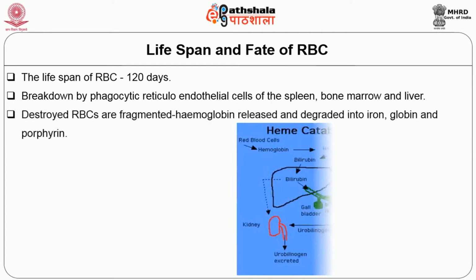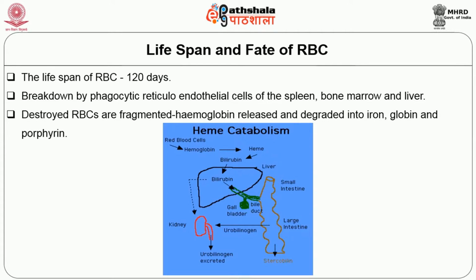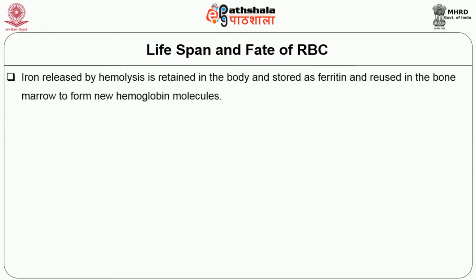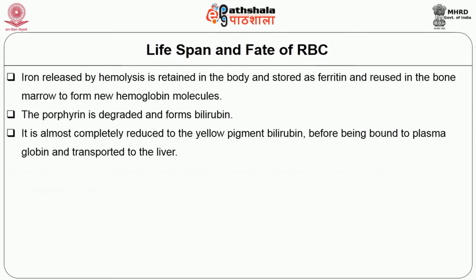The destroyed RBCs are fragmented. From the fragmented parts, the hemoglobin is released and degraded into iron, globin, and porphyrin. The iron that is released by hemolysis is retained in the body and stored as ferritin and reused in the bone marrow to form new hemoglobin molecules. The porphyrin is degraded and forms the pigment called bilirubin. It is almost completely reduced to the yellow pigment bilirubin before being bound to plasma globin and transported to the